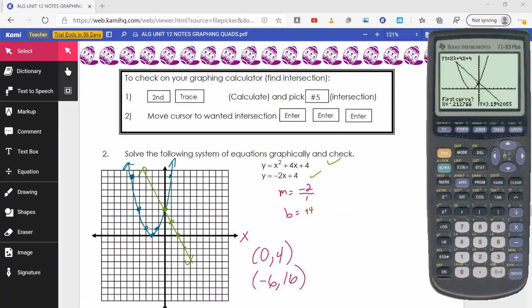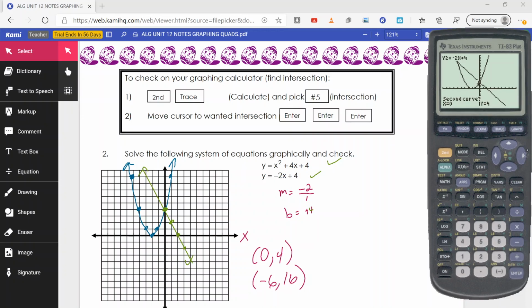We're going to be on the left-hand side a little bit. So first curve, question mark, we just hit enter. And then the second curve, we go to the right a little bit and hit enter. And then it'll say guess, question mark. We just hit enter,